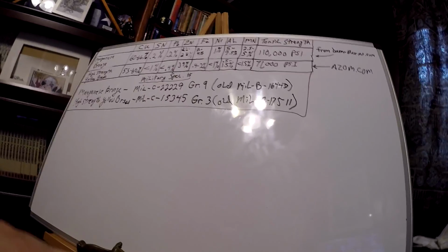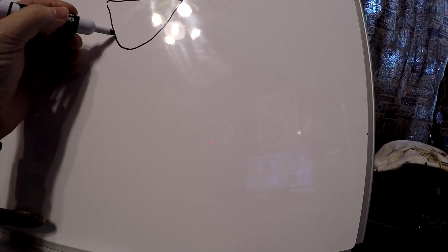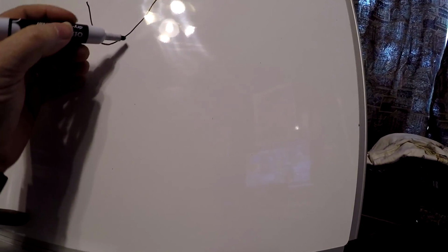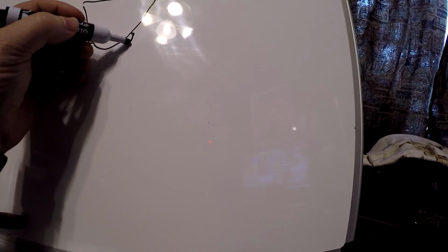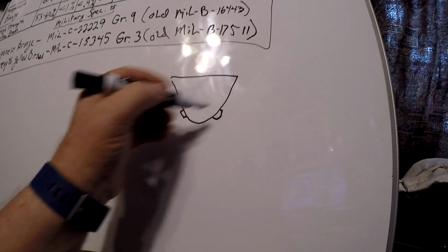I'll try and make a drawing, if I can find my drawing stuff. Alright. Anyway, what you have, you're trying to make supports for the shaft that comes out of the boat, and on the end of that shaft has the propeller. Okay, so you've got the ship. You have a pad that goes on this side of the ship. You have a pad that goes on that side of the ship. These pads are screwed into the hull, and